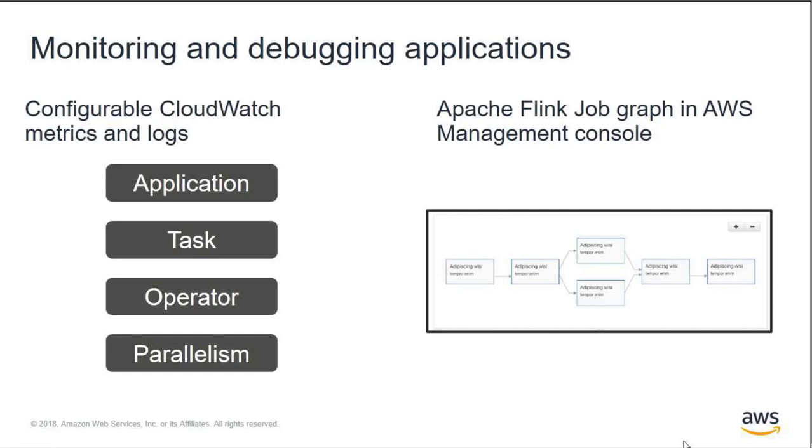The other thing that Amazon Kinesis Data Analytics provides is that it surfaces the Apache Flink job graph directly in the AWS Management Console. Similar to the slide that I showed previously, which represents a series of operators and data streams connected to build the logical flow of the application, this is shown in the AWS Management Console. It's pulled from the underlying Apache Flink infrastructure. This gives you visibility of how data is flowing and allows you to contextualize the information associated with your metrics and logs.